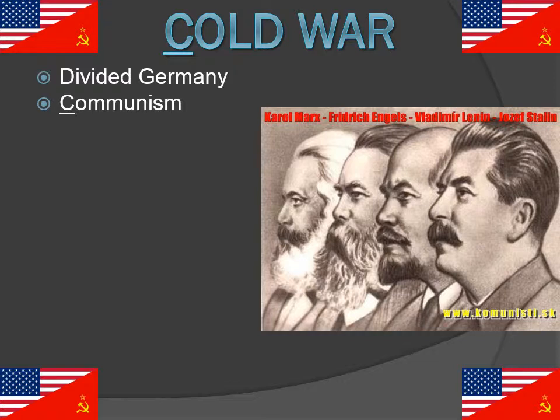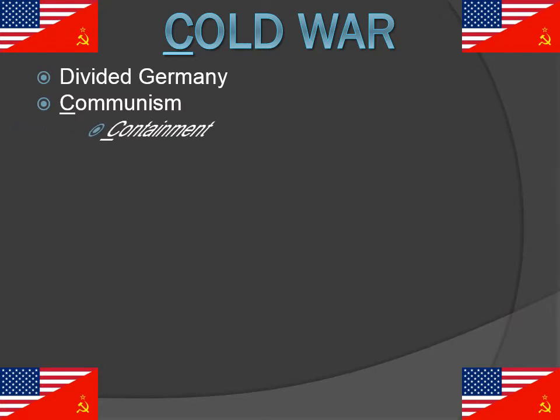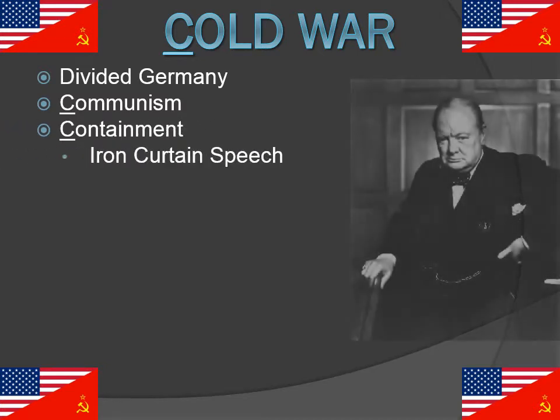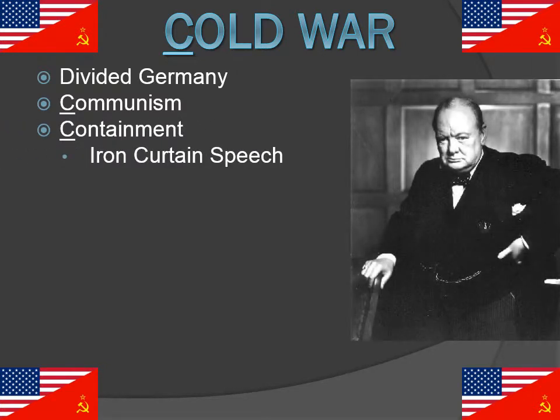But communism is going to rise to the occasion after World War II, just like it rose to the occasion after World War I. And so we're going to try to have a policy of containment. One of the first people that are going to warn us about this containment is the same guy that warns about the building up of World War II, and that's Winston Churchill, as you see here. Winston Churchill is going to be invited to Independence, Missouri by Harry Truman, and he's going to make a famous Iron Curtain speech.